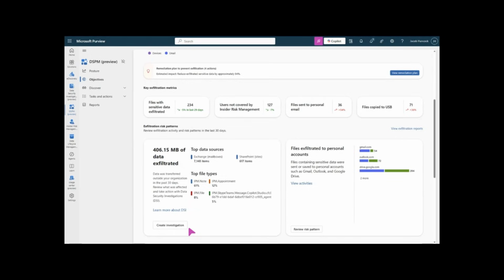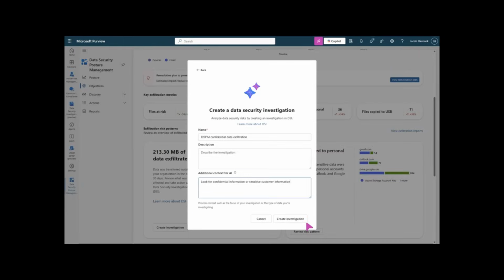So we're telling you, hey, out of this data that's leaving your tenant, regardless of where it's going, whether it's to a competitor or a public cloud, whatever it is, we start to give you some insights on what data left your tenant. From there on, you can simply create investigations, and you'll see this pattern over and over with all the integrations we've done. You give it a name. What's super important is to give it context.